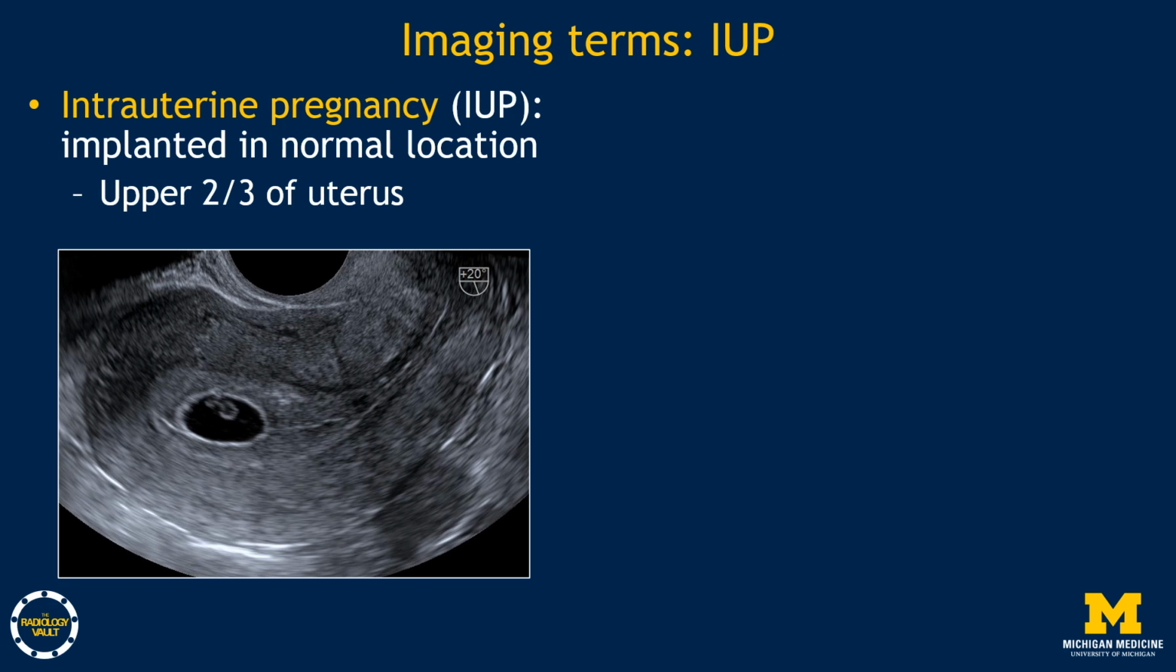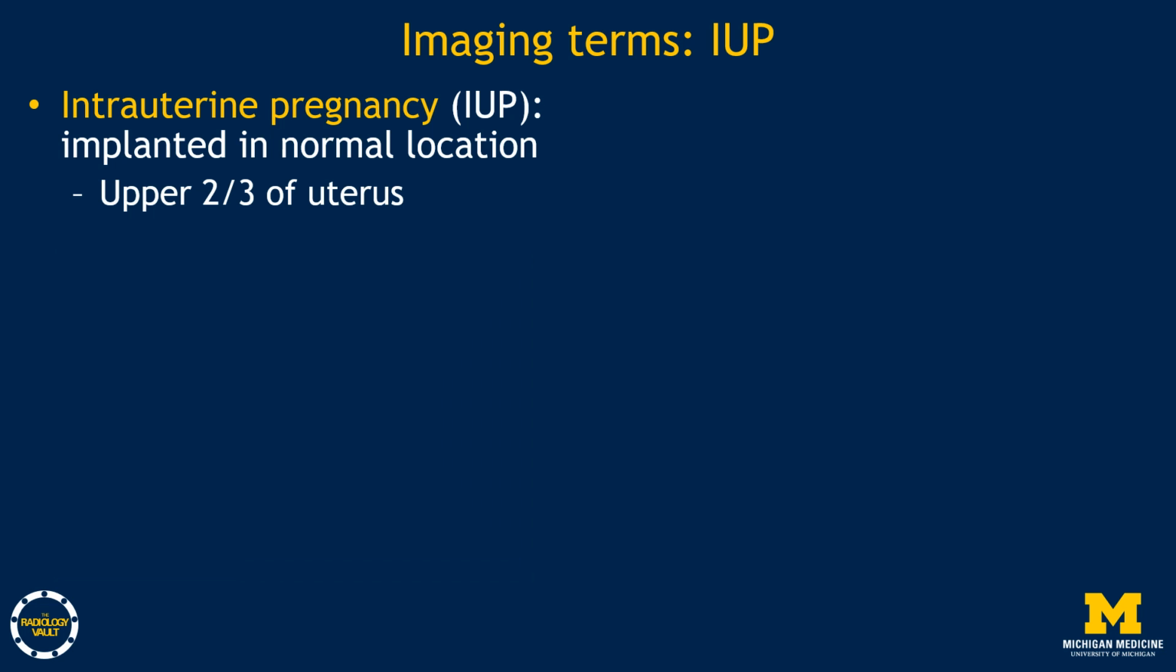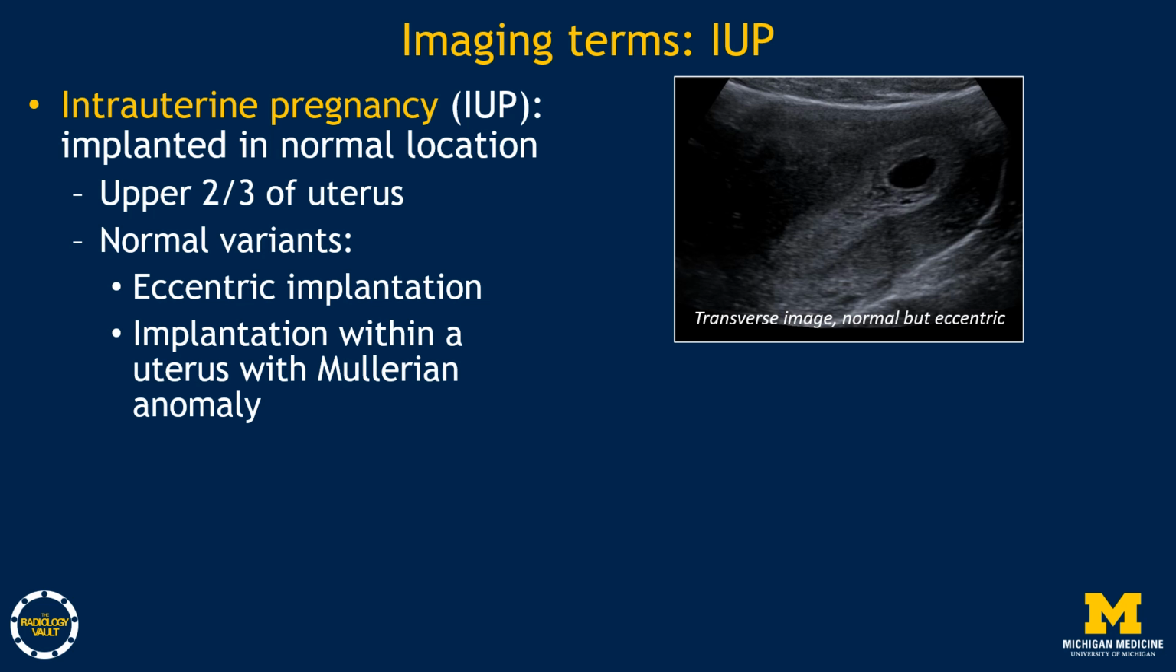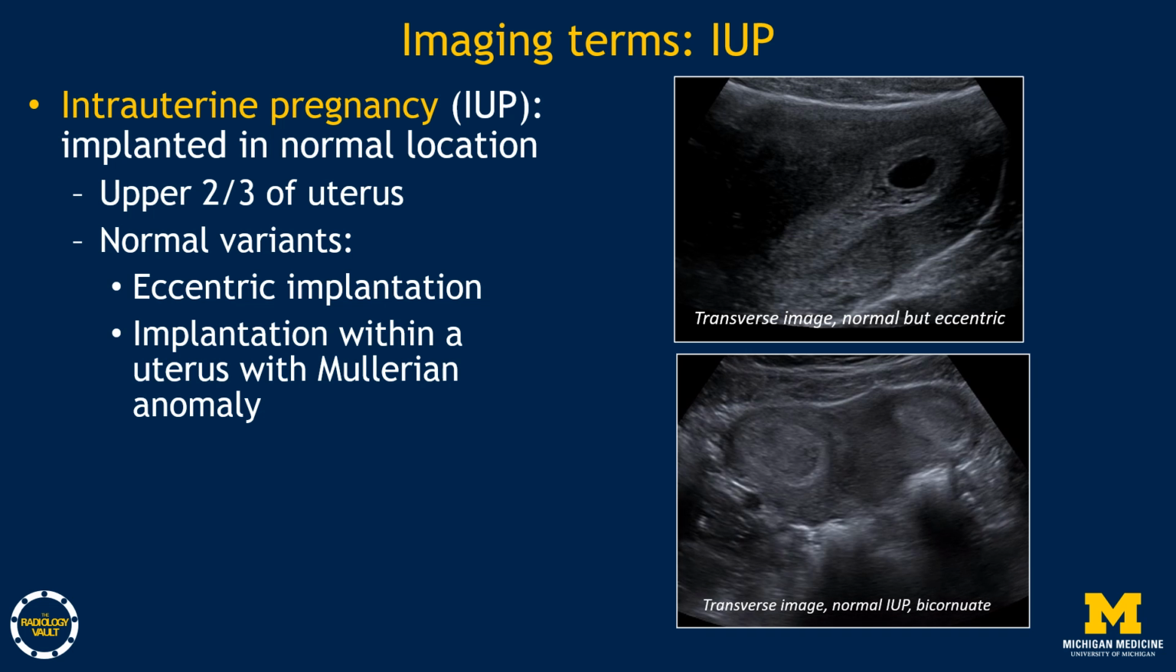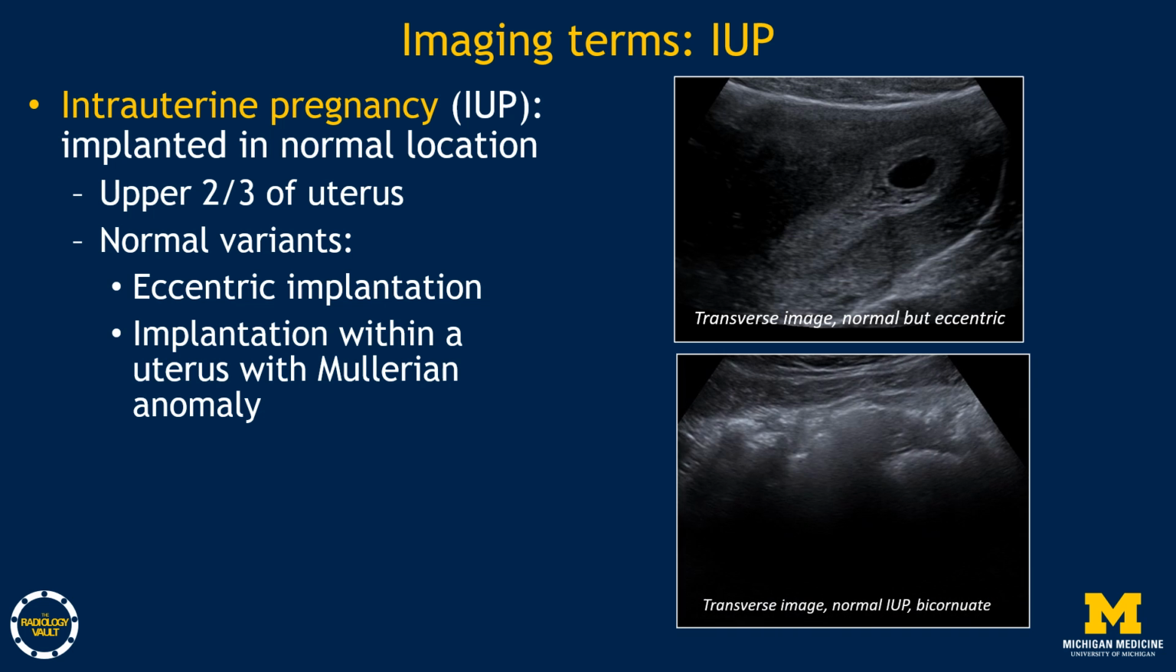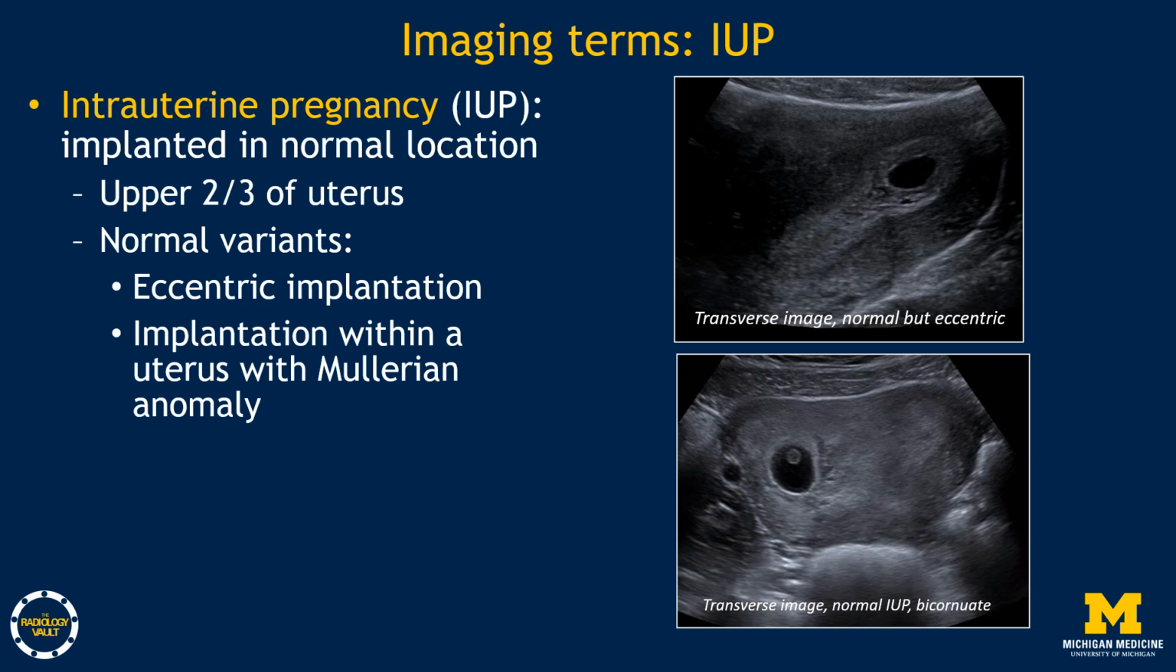An intrauterine pregnancy is a pregnancy implanted in the normal location, which is the upper 2/3 of the uterus. However, there are some normal variants, including an eccentric implantation, as in this example, a transverse transabdominal image showing a normal but eccentric implantation that's over to the patient's left. And here's another example with the cine clip showing a bicornuate uterus that has a normal intrauterine pregnancy in the